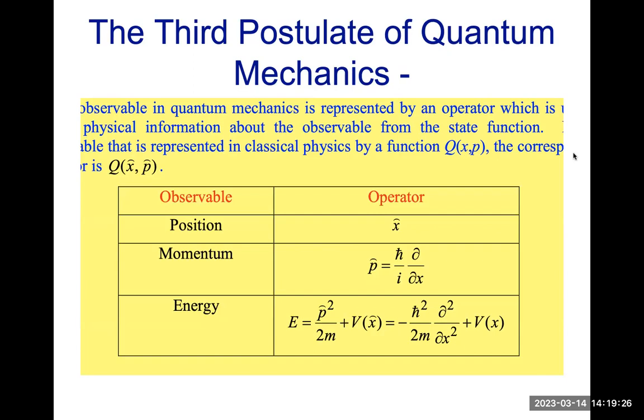Now this was the third postulate here, which is kind of difficult to explain in simple terms. I'll just say that we replaced solidity of objects by wave functions, kind of squishy probability distributions, and now we're replacing things that in classical physics could be easily measured, like position and velocity or momentum, energy, angular momentum, and things of this nature